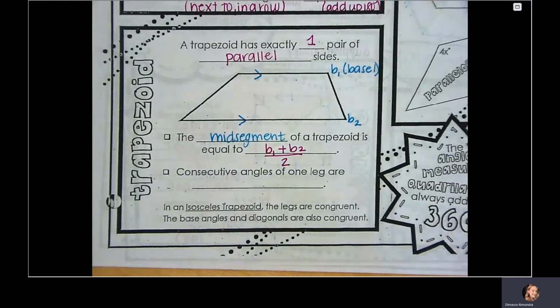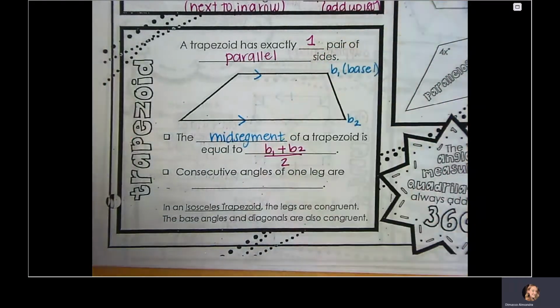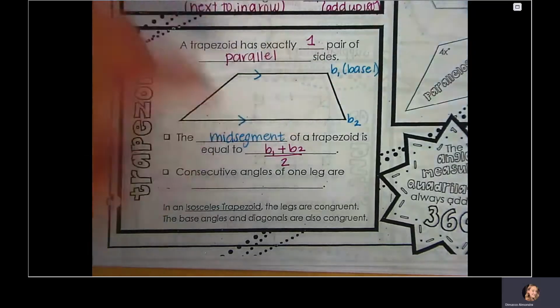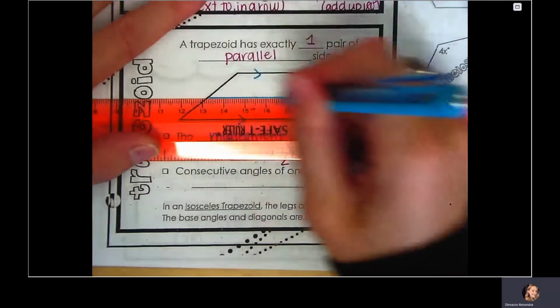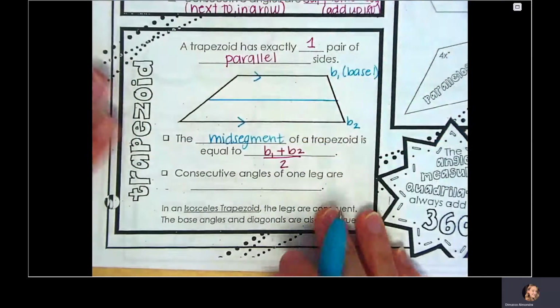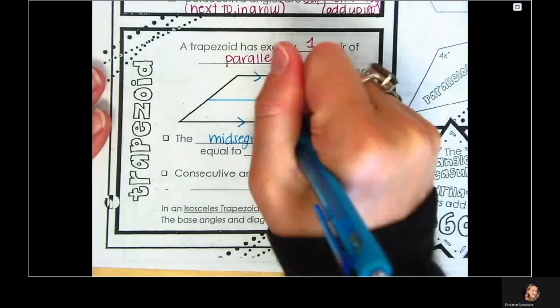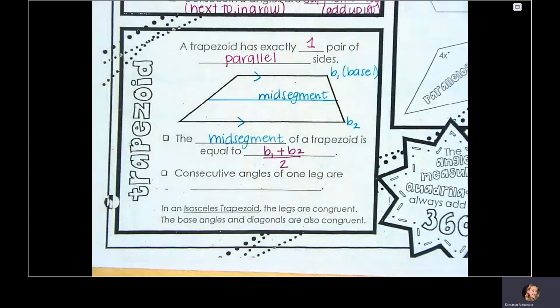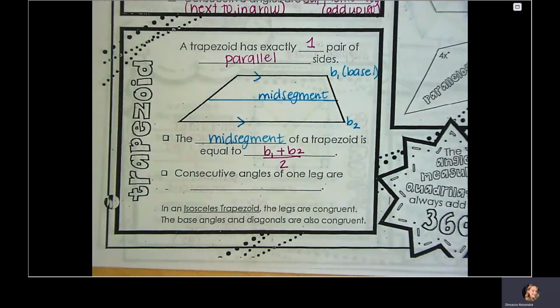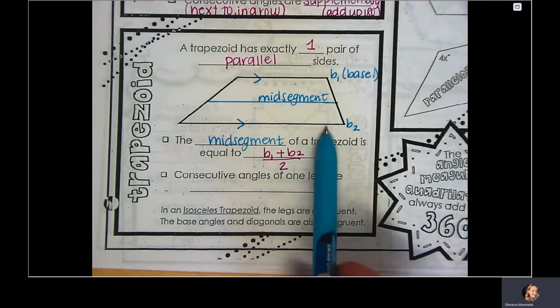So if you look at the picture of your bases, here's the top, here's the bottom, I'm going to draw a line that's right in the middle, to the best of my ability. That's called the mid-segment. It's halfway, like a midpoint. So to find the length of that mid-segment, I would take the length of the top one plus the length of the bottom one, and then I would divide it by 2. In other words, I'm finding the